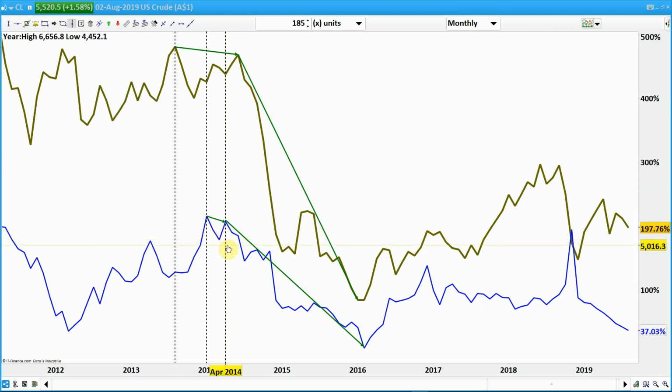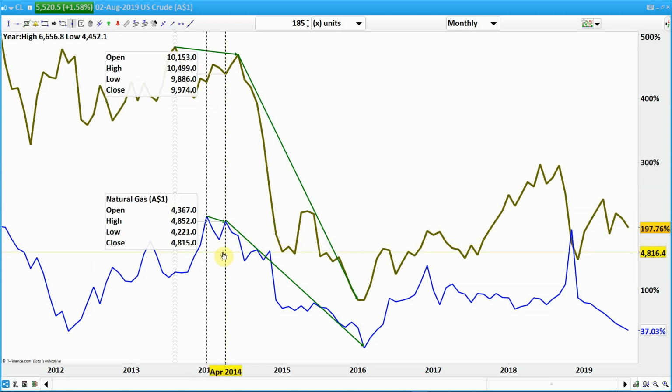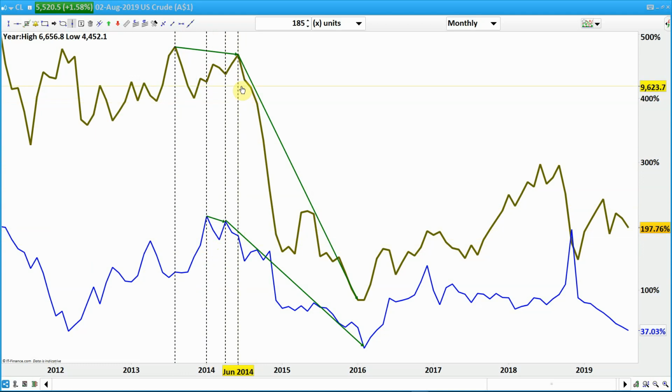And natural gas actually made a lower high from the high of January 2014 to April 2014, but crude oil took another 2 months to make a lower high of June 2014. So this kind of structural observation can actually help us to identify, as I said, for dollar index and